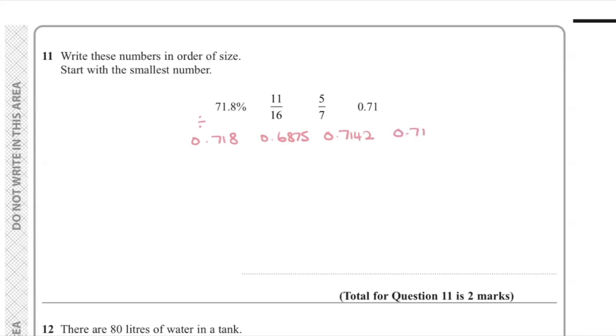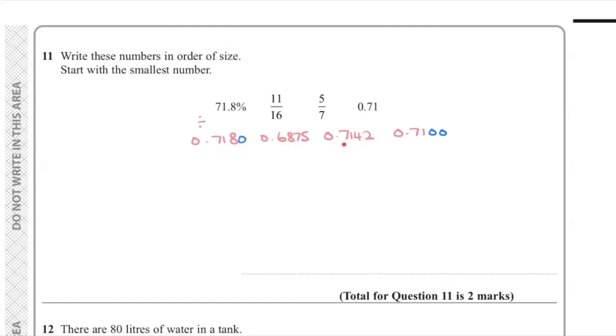Now, the next thing is to get your decimals so that they have the same number of decimal places. It just makes them so much easier to compare. So when we look at these two, there are 4 decimal places. This is 3, this is 2. Let's get them all to 4. And by doing that, we can then just pretend, it's not technically true, but we can look at this like it's